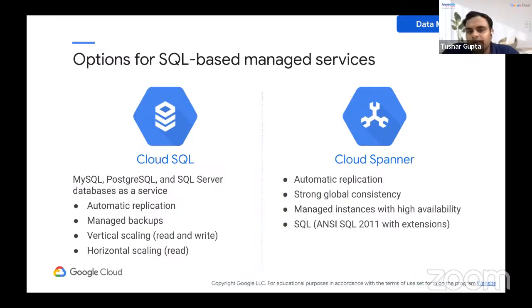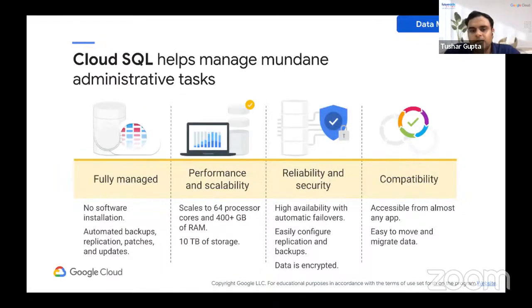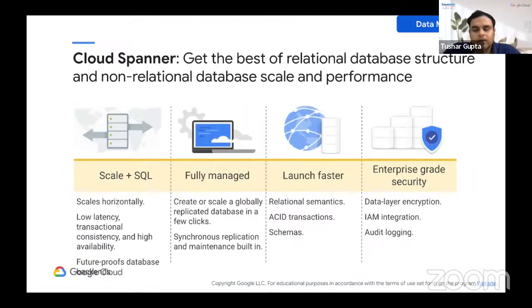So these are the options for the SQL or relational managed services. Cloud SQL, we have covered, supports MySQL, Postgres, and SQL Server. Similarly, we have Cloud Spanner as well. Cloud Spanner combines the benefit of relational and non-relational, right? I'm just telling you about the feature. Since it is a managed service, you can say it is a reliable service as well, and it has built-in security from Google. Now Spanner is a relational database, but it combines the benefits of non-relational